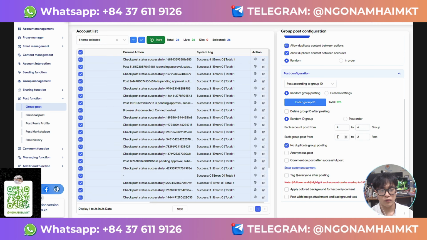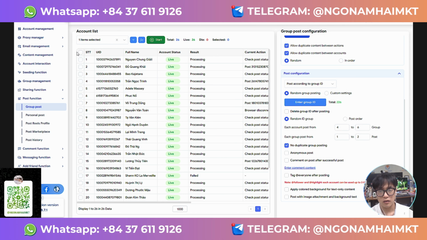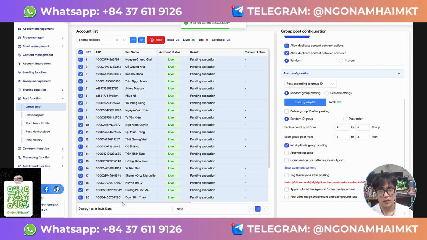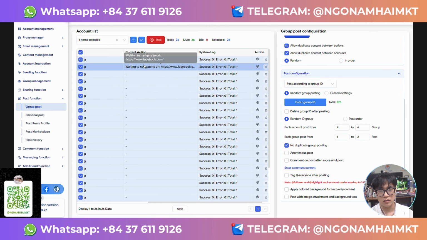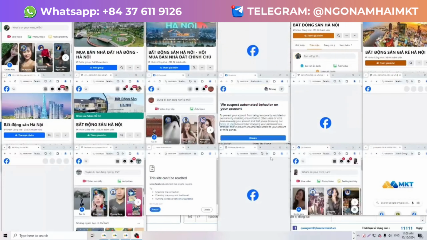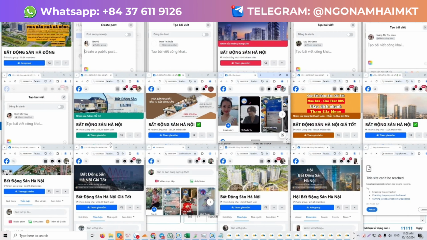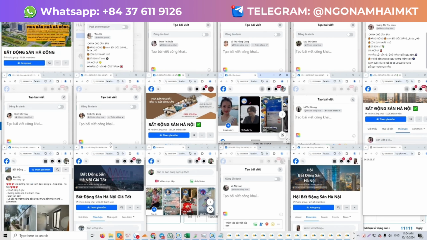Why do we use these specific settings? Because in a high-trust empire, pattern randomization is king. By selecting a specific post ID and randomized distribution, you are essentially A/B testing your viral hooks in real time, whether you are targeting real estate, crypto, or e-commerce. This setup ensures that your message doesn't trigger spam signatures. Our spin content technology ensures that even if you allow duplicates, the digital fingerprint of every post remains unique, building the account heat necessary to stay at the top of the feed.